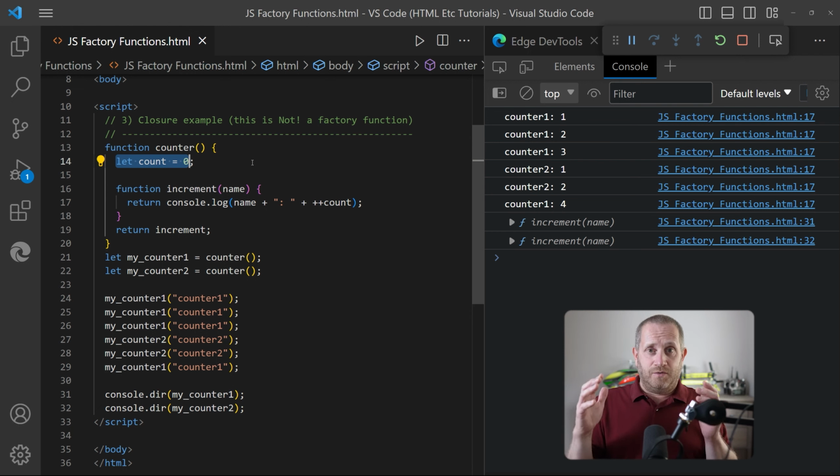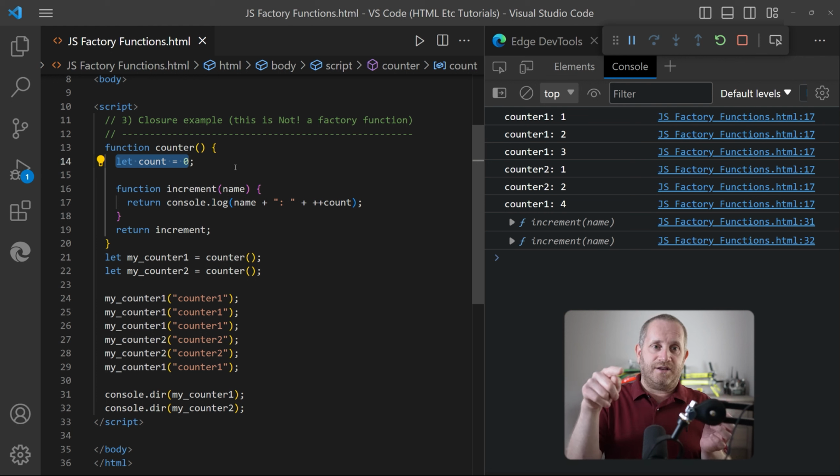The value itself is in memory somewhere, and if we've got a reference to that memory location, it means that we can update that value. The increment function, which has been given a reference to count, can therefore update that existing value. There isn't a copy of count that's being created, it's just that one copy that is declared using the let